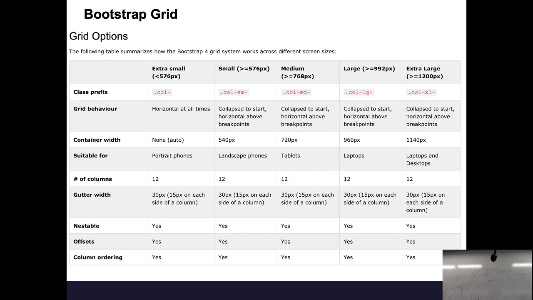Yes. Is there a common ratio when you're building a site with content? Are there common ratios for knowing small versus medium versus large on how content scales? No, there's not a defined one. Again, the reason is because nobody knows how your website is going to look, right? You might have more content over here, and to you this would make sense. To me, my website, maybe I don't have that much, so it wouldn't make sense. So again, go back to wireframes, and you have to start small. Start with how your website is going to look on your mobile phone. Okay, then go to your bigger tablets. Then go to your desktop. Okay, you got your answer?